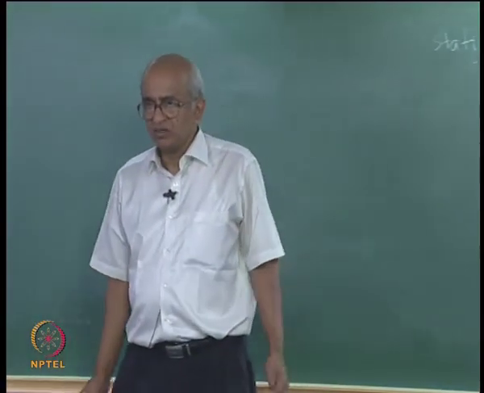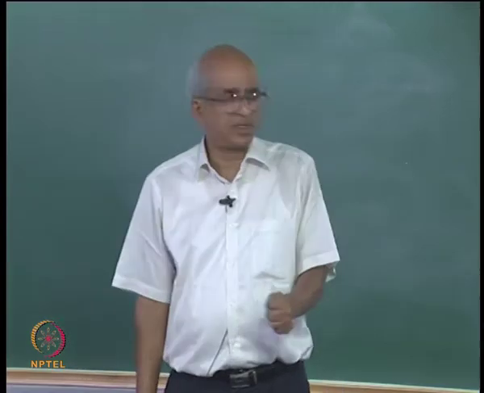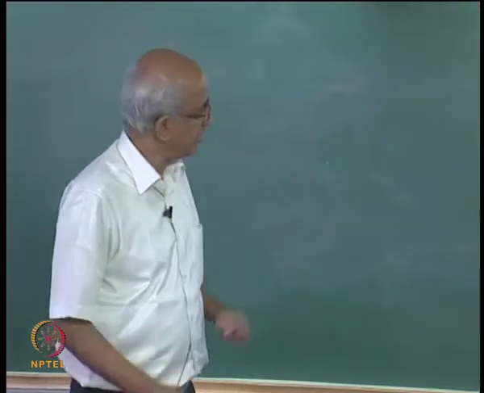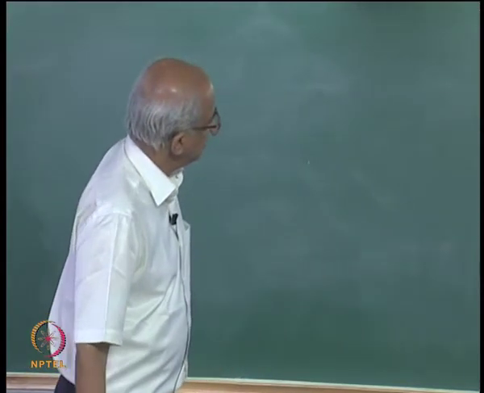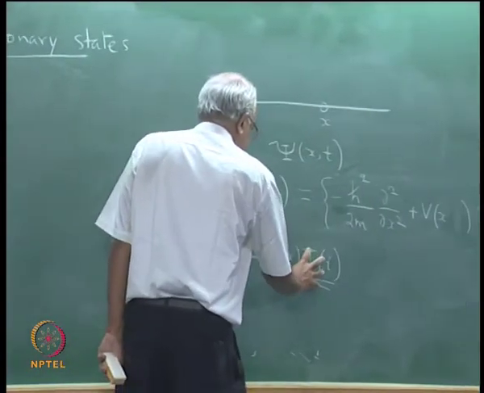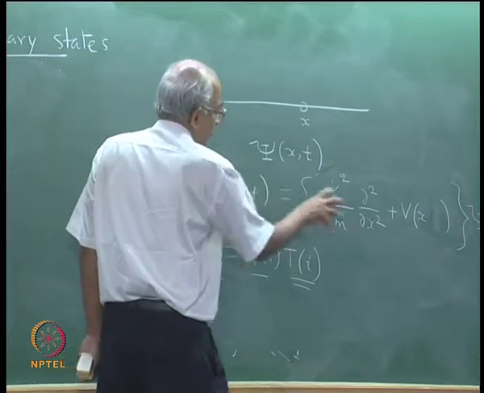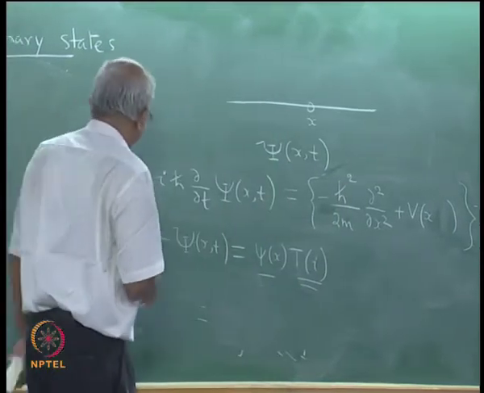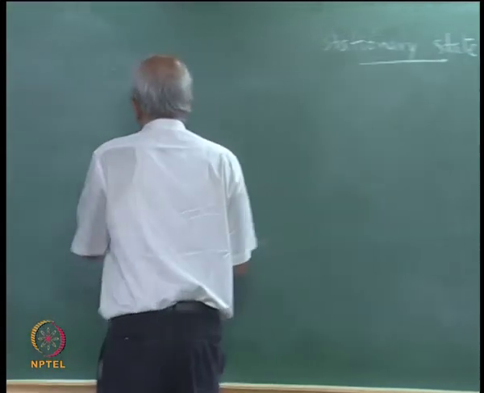Okay. I want to choose small psi and capital T in such a fashion that the product will obey this equation. So, let us see what happens if I took this assumption. This is actually an assumption. I take this assumption and put it back into the original equation which I want to be satisfied. So, if you do that,